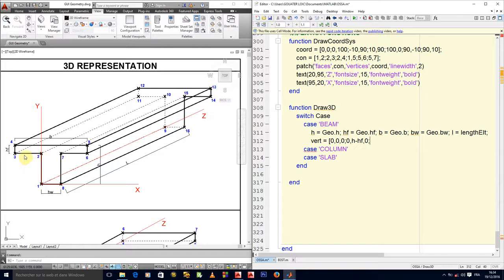Okay? What next? The third one now. The third one, we have moved a minus x distance, right? And what is that minus x distance? Look at this. We have BW here, okay? So our T is symmetrical. It means the distance from here to here has to be equal to the distance from here to here. But the total distance of here to here will be this distance B minus BW, okay? So we first of all have a B minus BW, which is the whole of that distance. Now, it is the whole of this distance plus this distance. Since the two distances are equal, this distance will be B minus BW divided by 2.